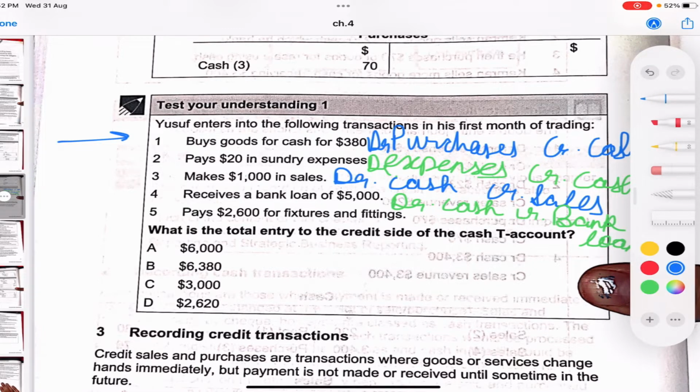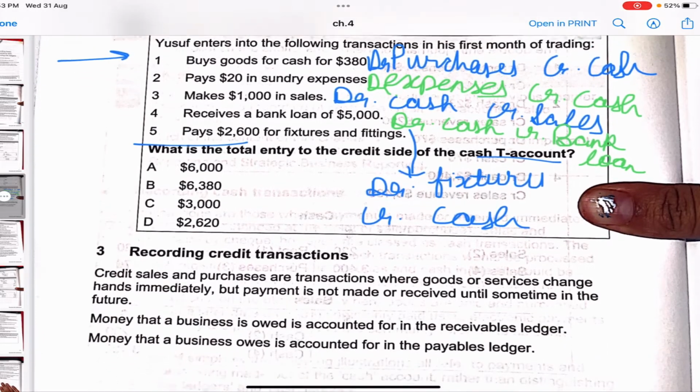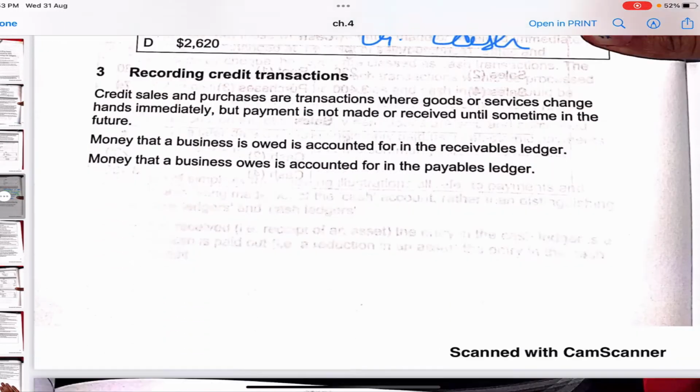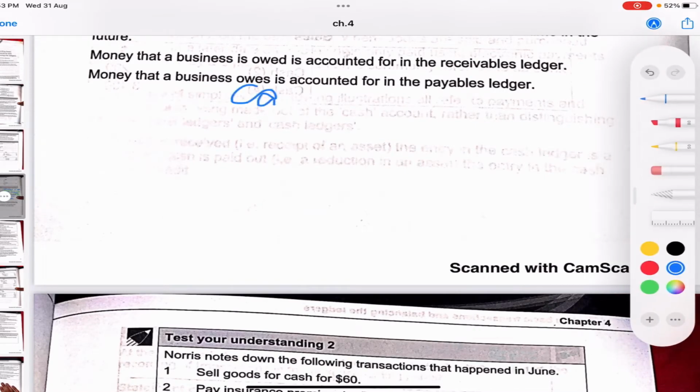The fifth one, pays 2,600 for fixtures and fittings. Okay, fixtures: the fixtures account, an expense account, gets debited and the cash gets credited since it's reducing. A T-shaped account is nothing but a ledger account. Now, the same thing, we need to put them down in ledgers. Read the question. We need the cash T account, which means we just need to make the ledger of the cash. So let's put the cash account,